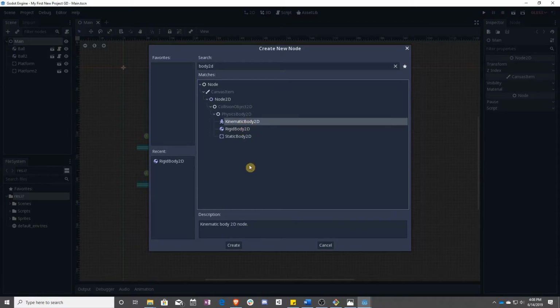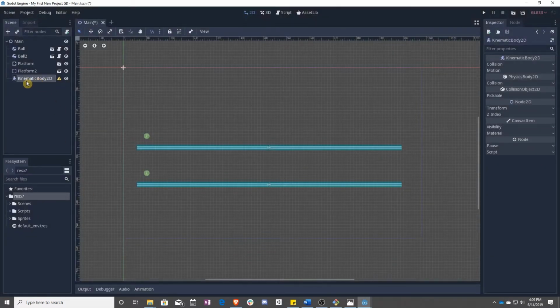And then there's what we're going to be using this time, which is a kinematic body, which is usually used for players because it can move other things, but if something runs into it, it won't move unless you tell it to through a script. So we're going to use this. As you can see, this is a block, this is a ball, this is a person. They made this very clear from their icons. Let's go ahead and create the kinematic body,